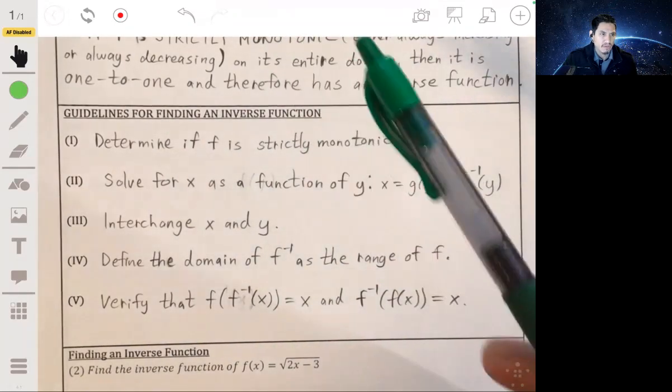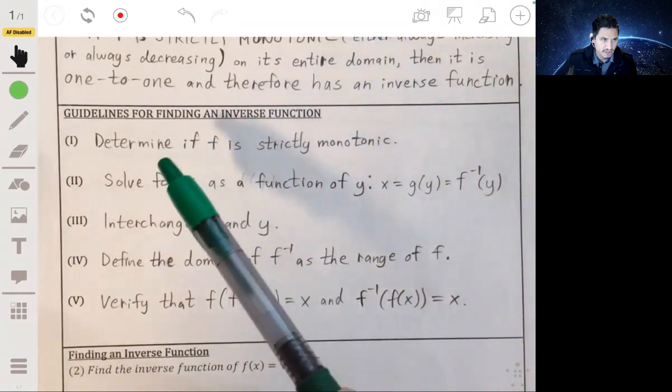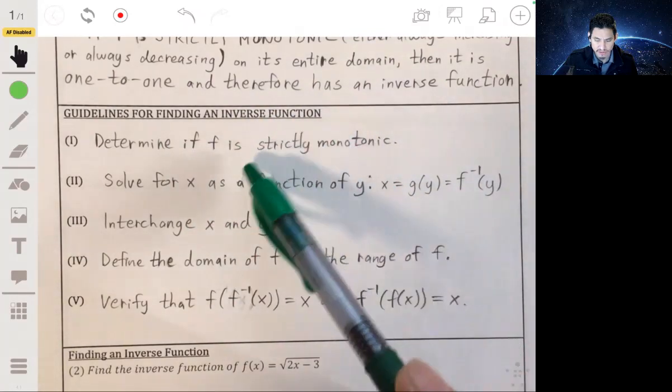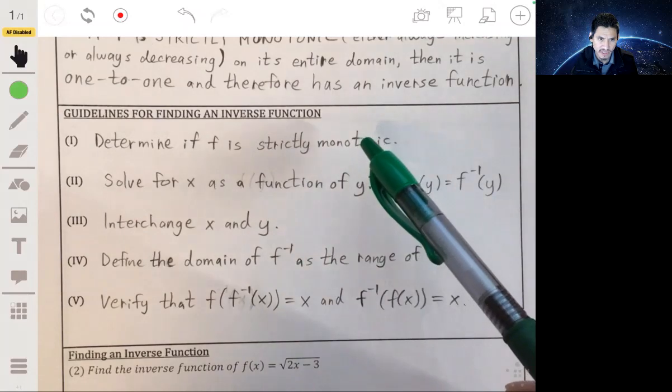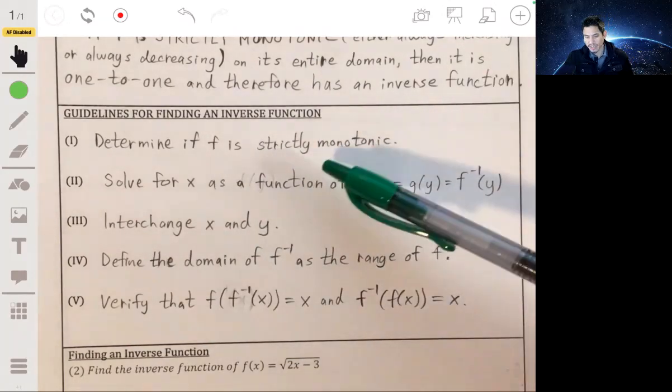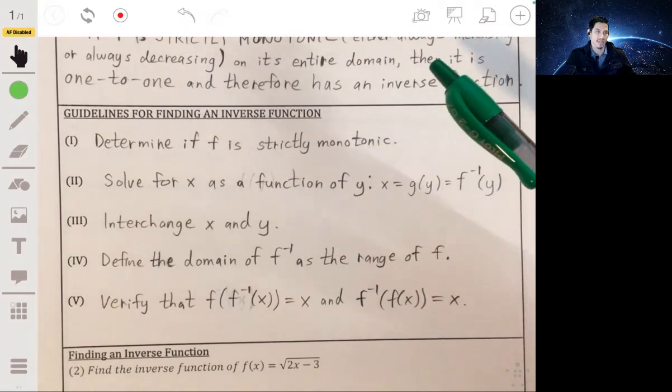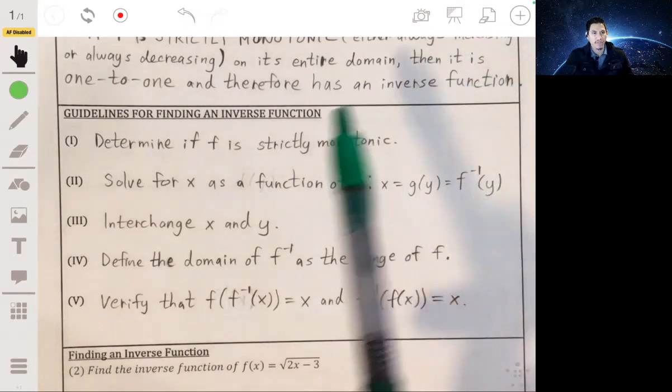So if we want to find an inverse function, first make sure f is strictly monotonic, because if it's strictly monotonic, then it has an inverse function, then you can proceed. If it's not, then you just stop, because there's no point in trying to find it because there isn't one. It's not going to have an inverse function. Next,